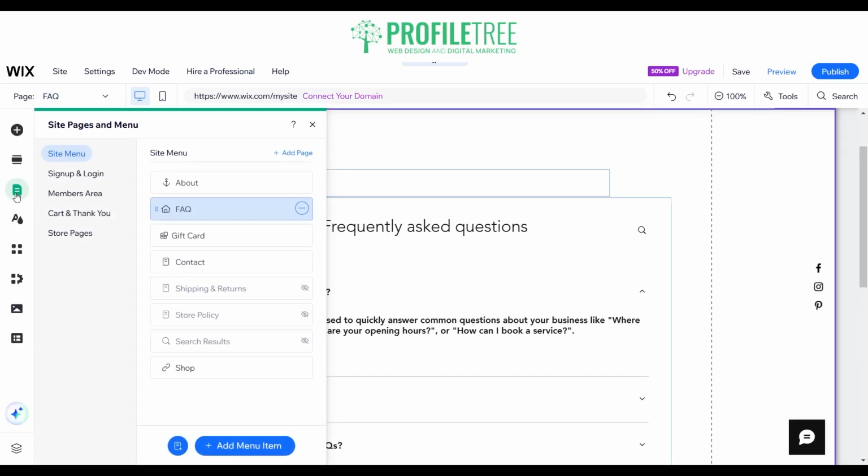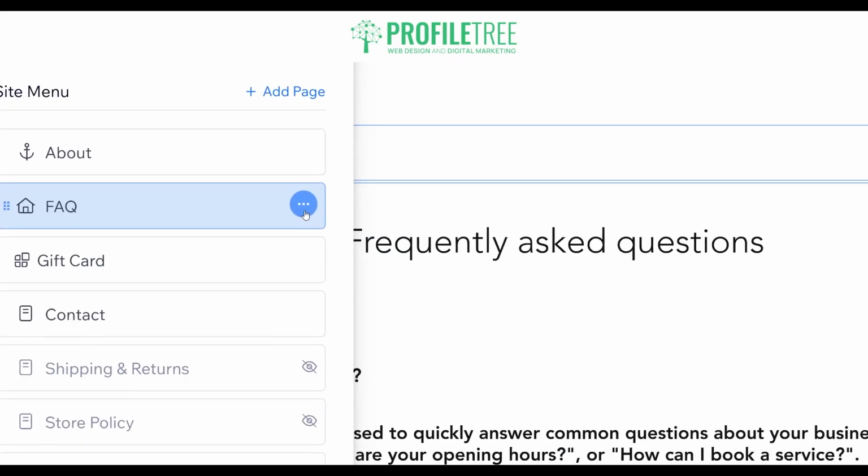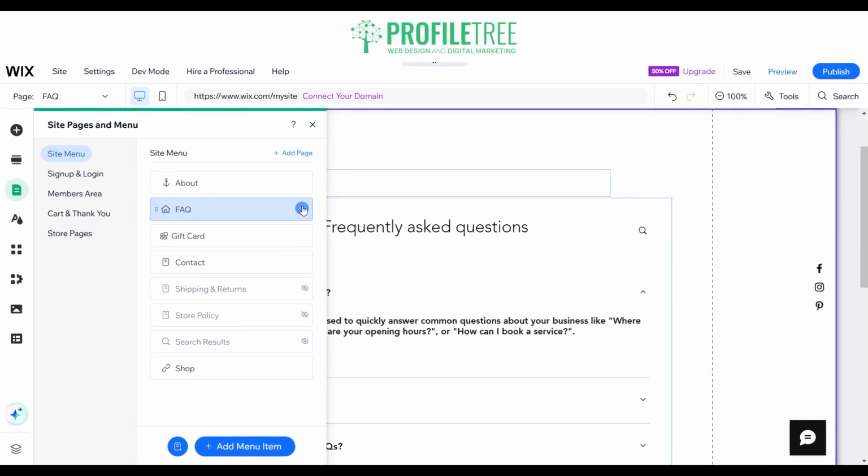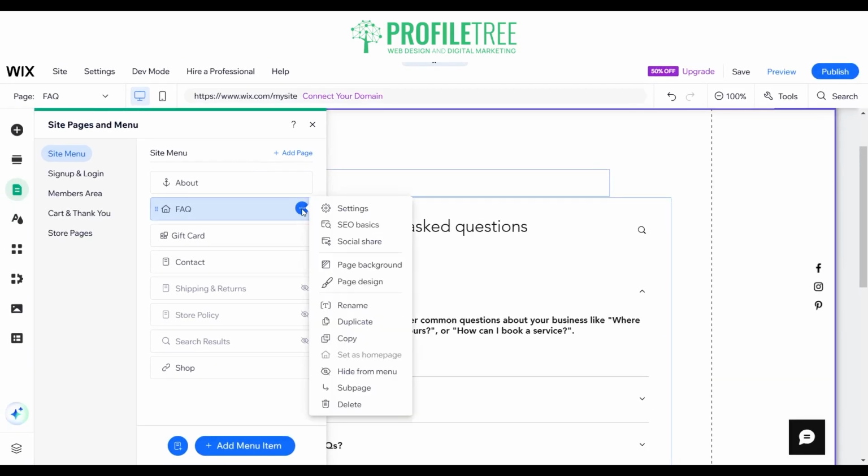Now it is always important to add your metadata, like meta descriptions and meta titles. The way you would do this is on the right side of each of the pages. You'll just see it right here, three little dots in a blue circle. If you click on that, you'll have an option there that says SEO Basics. Now, if you click on SEO Basics here,